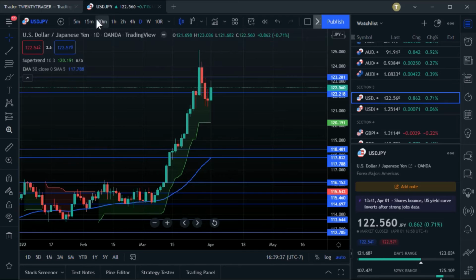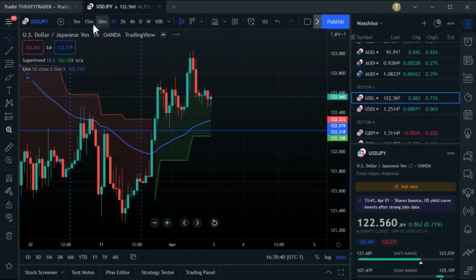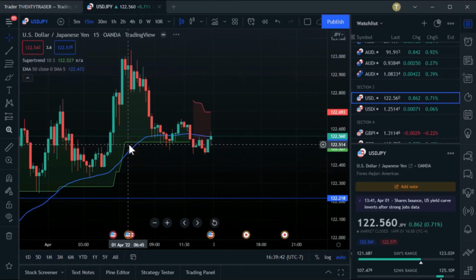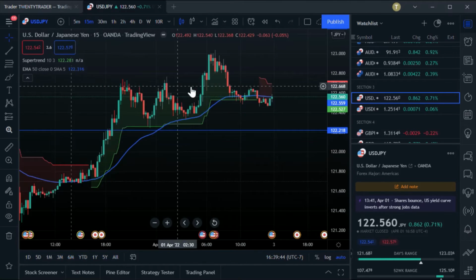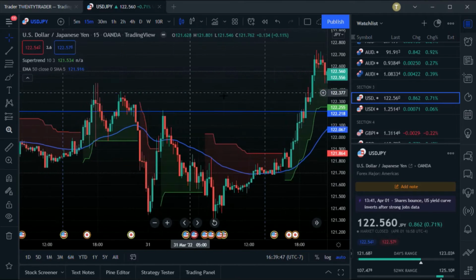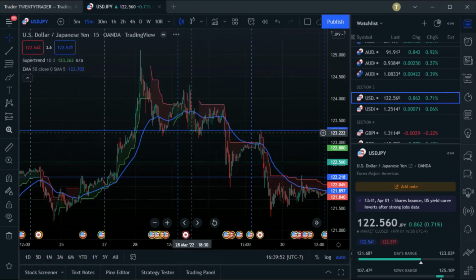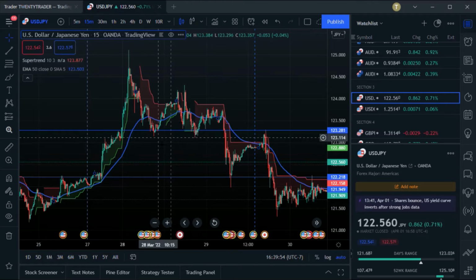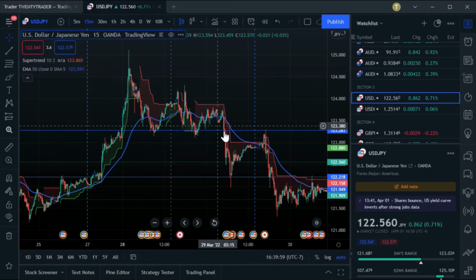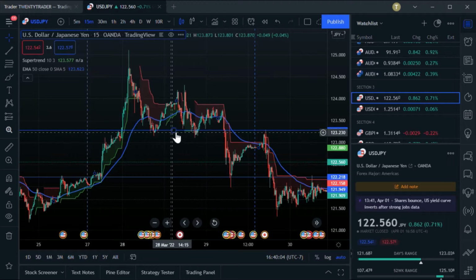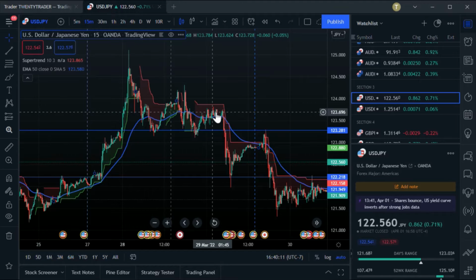All right, so let's take it back to the 15-minute time frame. This is what I was doing on the 15-minute, so that's the last day or two. Here we go. What I saw here was lower highs into resistance. I'm sorry, support at this point, right? So again, back to market structure. You're trading support resistance if you like. I trade support resistance just with SuperTrend, 20, 50 EMA.